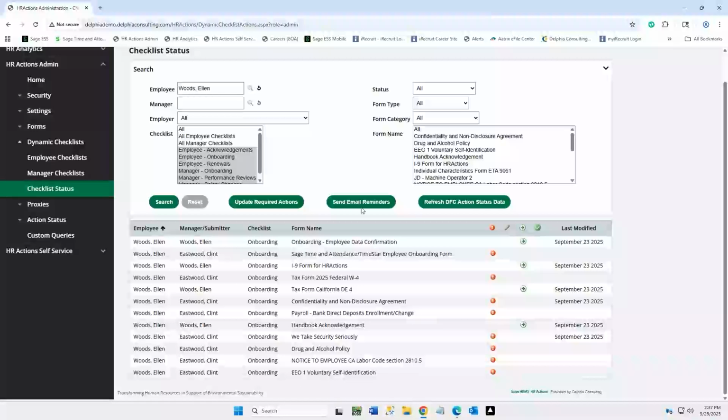And if you need to send an email reminder, if I click this button, it will send an email to whoever's displayed here. Now, only one person, Elle, would get it. But if I had lots of people, everybody would get the email reminder. And that has a link in it that they can click, and it'll take them right where they need to go to finish up what they were doing. All right, so